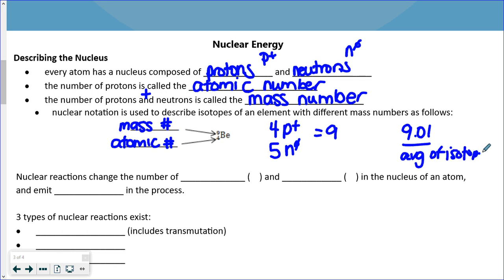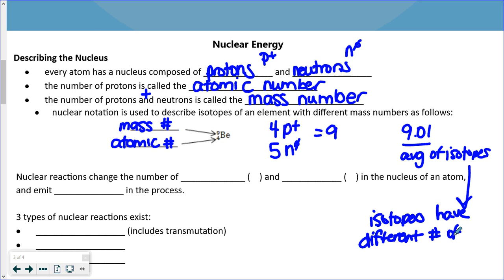And an isotope of something has a different number of neutrons. We would have talked about that at the beginning during our review, but also in Science 10